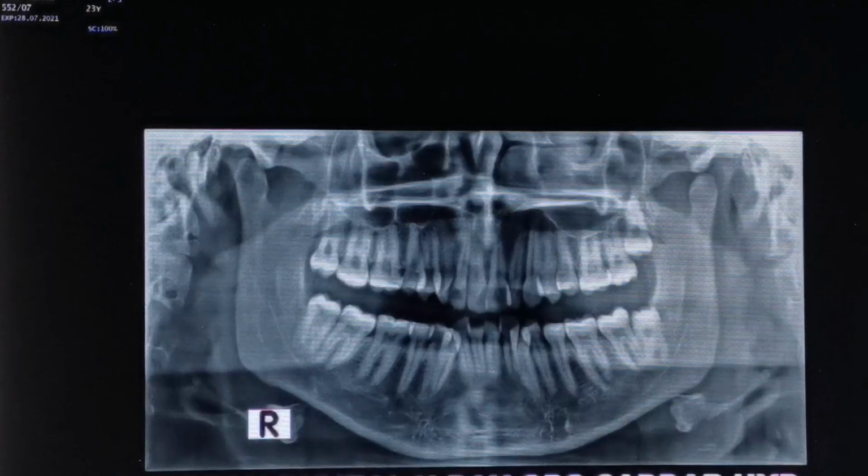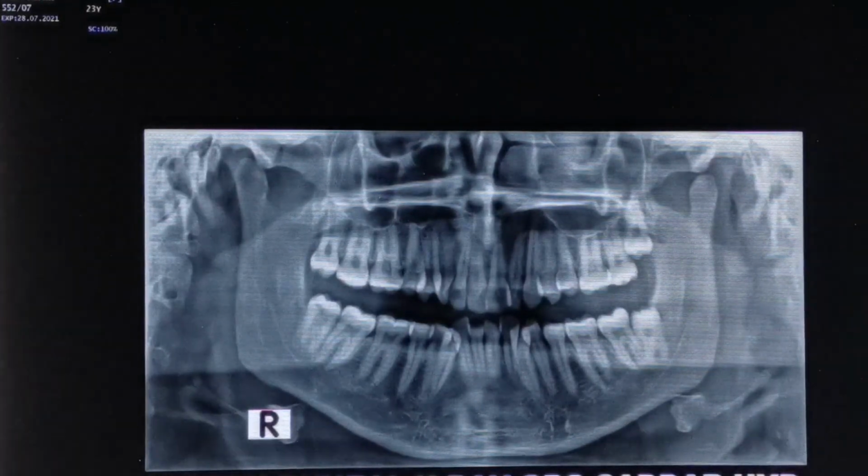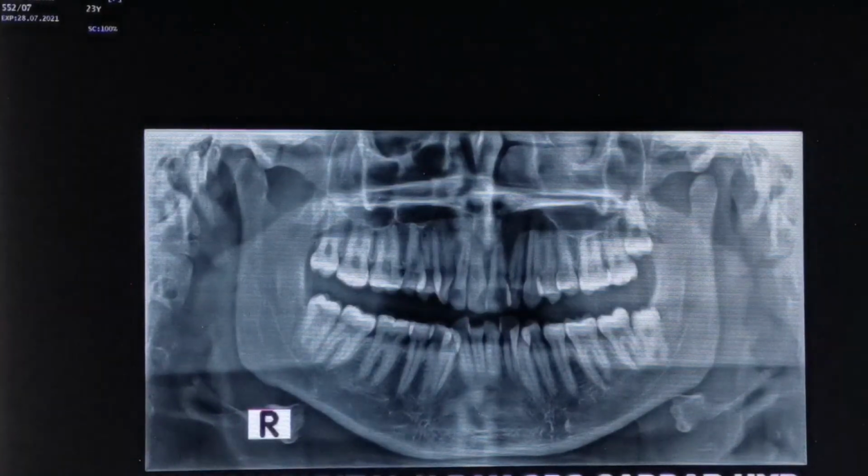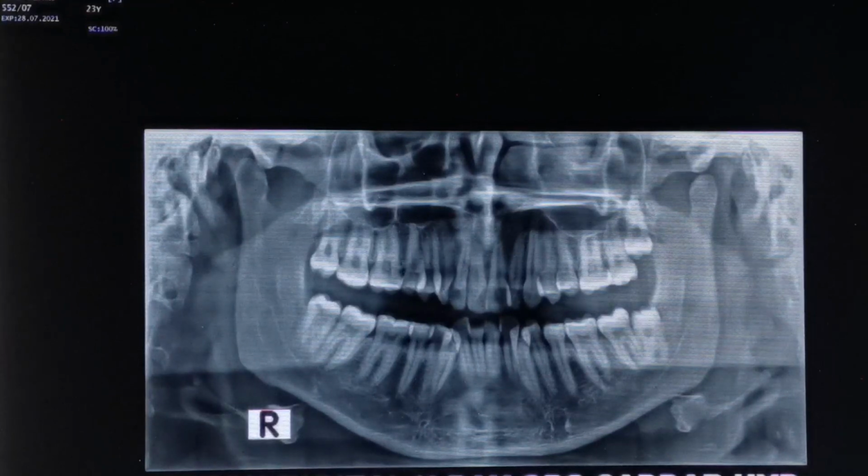Why is it very important? As I told you before, to see any kind of malalignment in the teeth, and by the eruption of teeth, we can judge the age of the patient also. Mind you, the number of teeth present in any OPG can be indicative of the age of the patient. Then what is the age of the patient according to the Nolla stages? We will discuss this in my next video, about the Nolla stages of the different kinds of teeth and their importance. So right now, for an orthodontist, this X-ray is very important to assess the age of the patient,